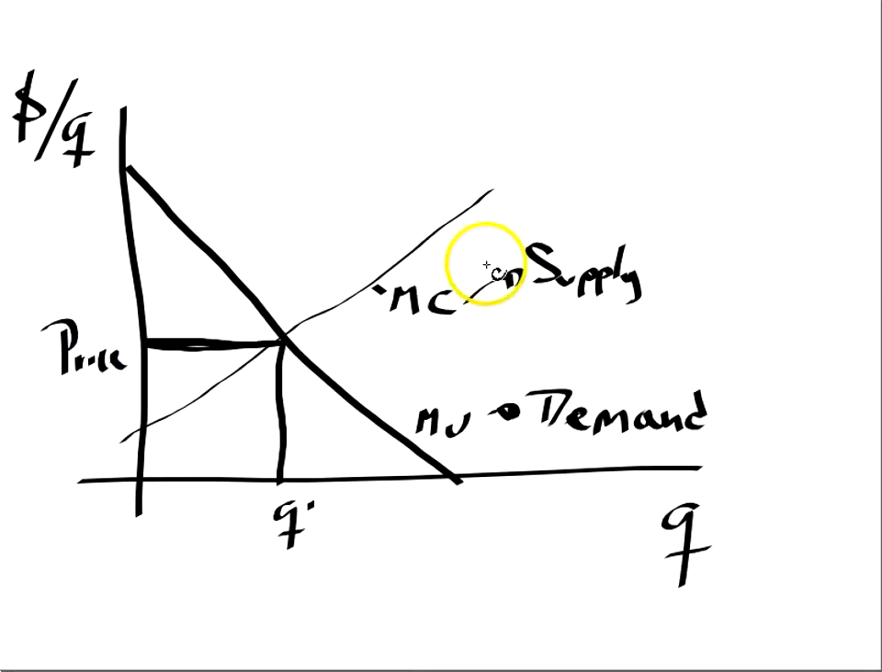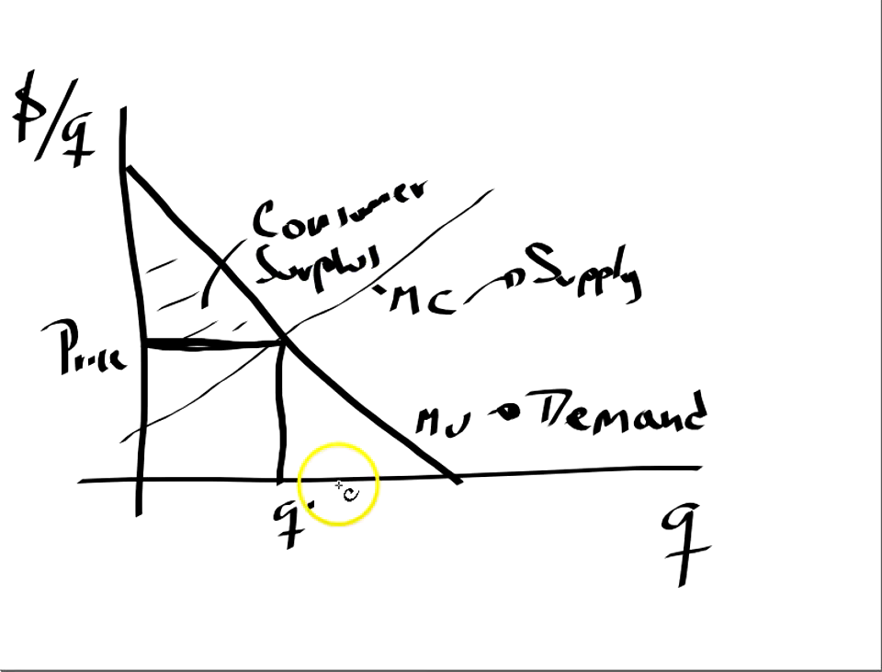So that means that if this is the line of the supply, then only that many units are going to be provided. As we have seen before, this region here represents the consumer surplus, and